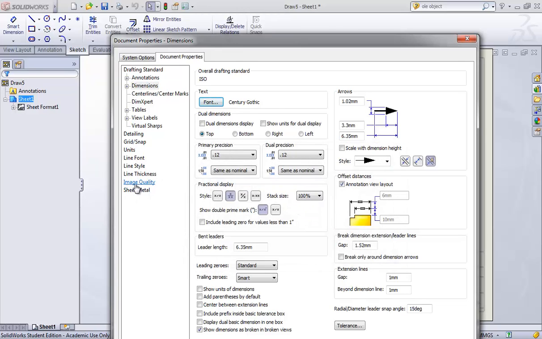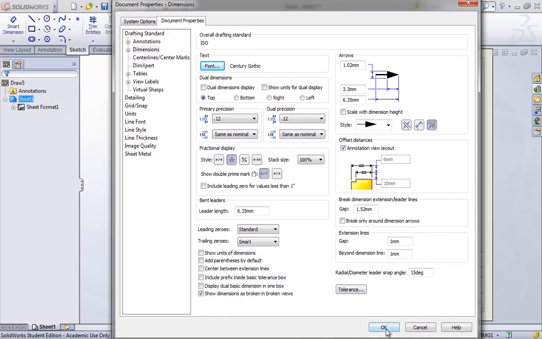If I OK that now, as I said, this is where you are generally going to be visiting if you want to change anything to do with the appearance of your drafting. If I come out of this,